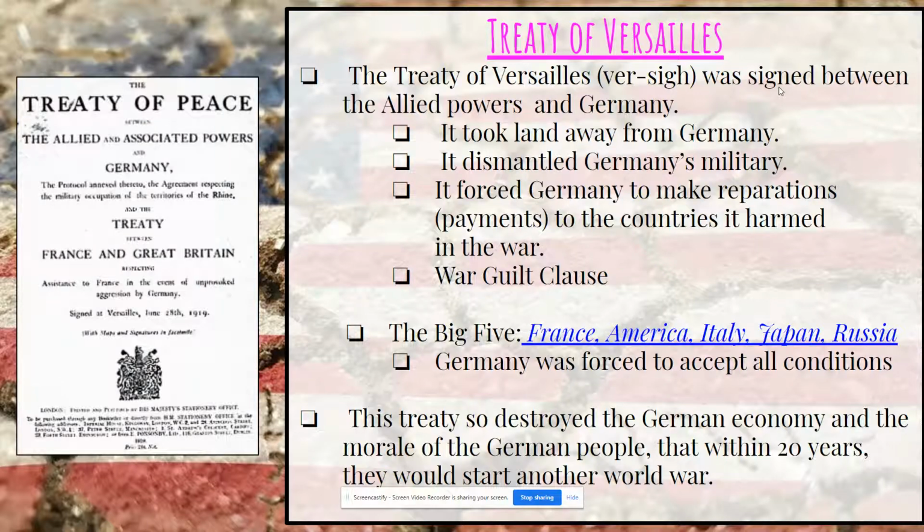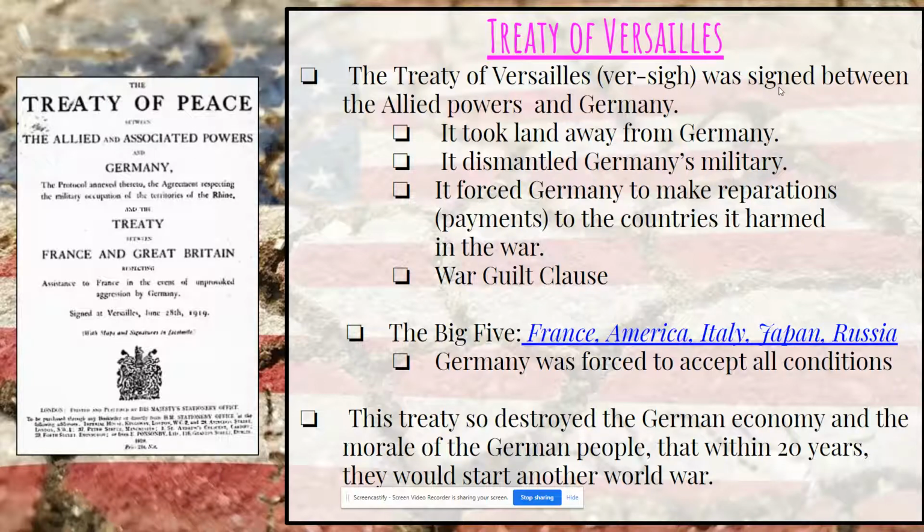So let's talk about the Treaty of Versailles. It is the treaty signed at the end of World War I to stop World War I and figure out how we never make this happen again. But the thing is, remember, Germany was the first world power to declare war on another world power, Russia. So when Germany bowed out, it's going to end up taking sole blame of the war. Okay, so that's going to come with the war guilt clause. Because they have to take sole blame of the war, they're going to have to pay some money. They're going to have to pay people back because it cost a lot of money to go to war. So in the Treaty of Versailles, not only was there a war guilt clause, there was a war reparations clause.